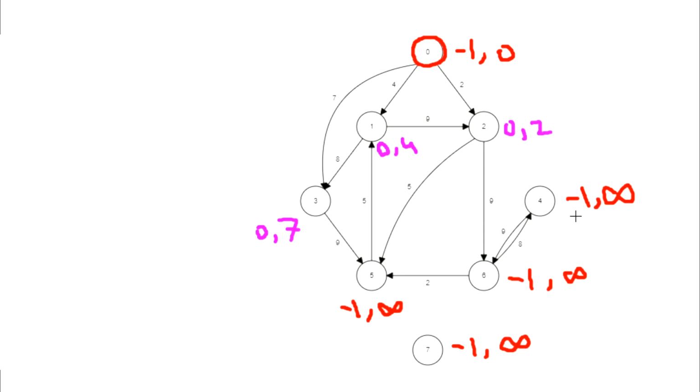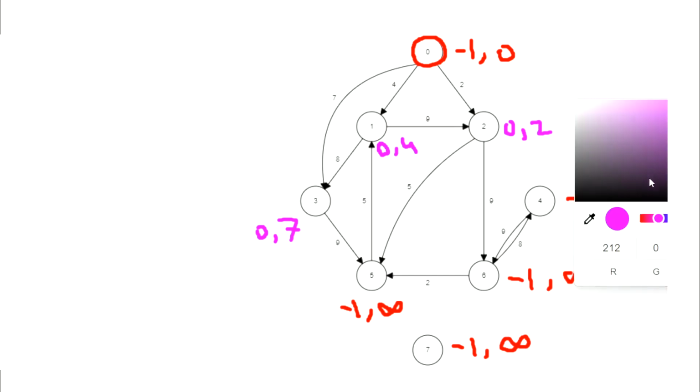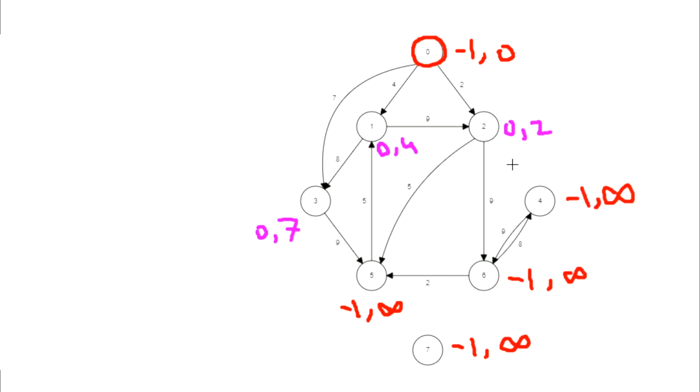So step 2 is we need to check among all the unvisited vertices which one has the least cost. So these four they have infinity cost, so we're looking at these three. The minimum one with the minimum cost is 2, right? So what we're going to do is mark this as visited with a red circle. And we're going to do the same step that we did before. We're going to look at the adjacent vertices. In this case, it's going to be 5 and 6, right? So we're going to check for